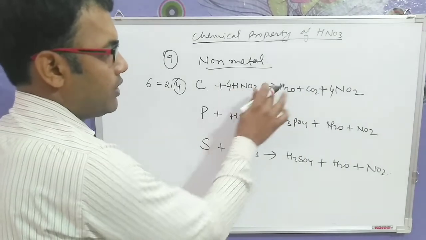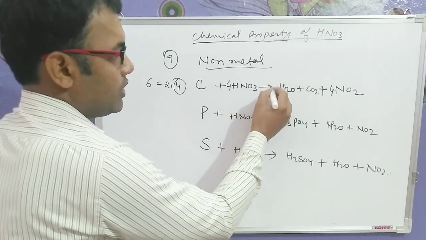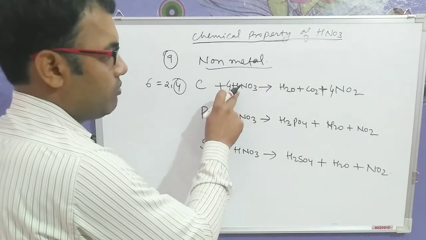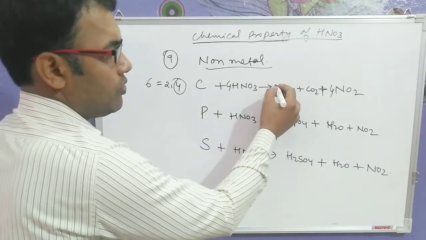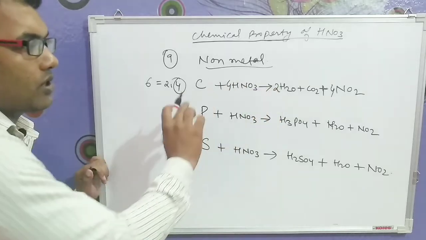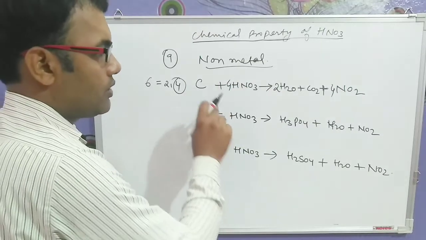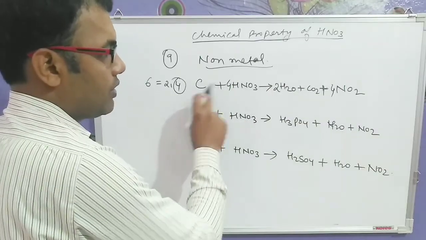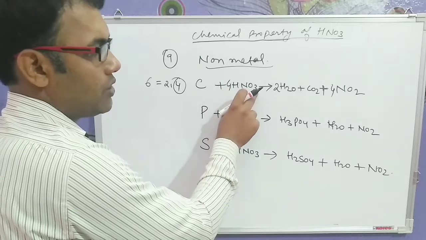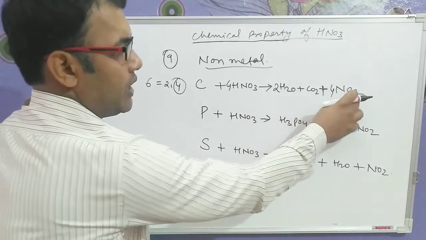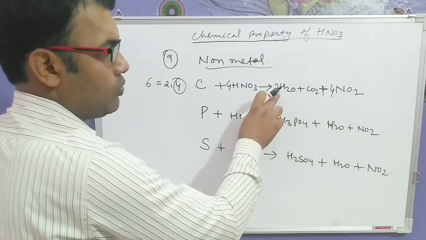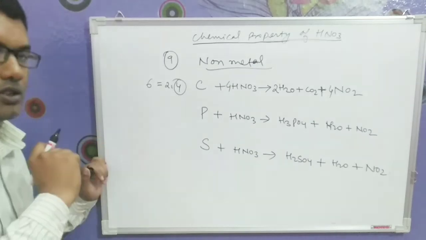Now coming to hydrogen. Hydrogen, how many? 4 are there. So here only 2 is there. So you multiply here with 2. So hydrogen is also balanced. Your nitrogen is also balanced. Carbon is already balanced here. Now see, how many oxygen? 4 3s are 12 oxygen. Here 4 2s are 8, 8 plus 2, 10, 10 plus 2, 12. So this equation is your balanced equation.